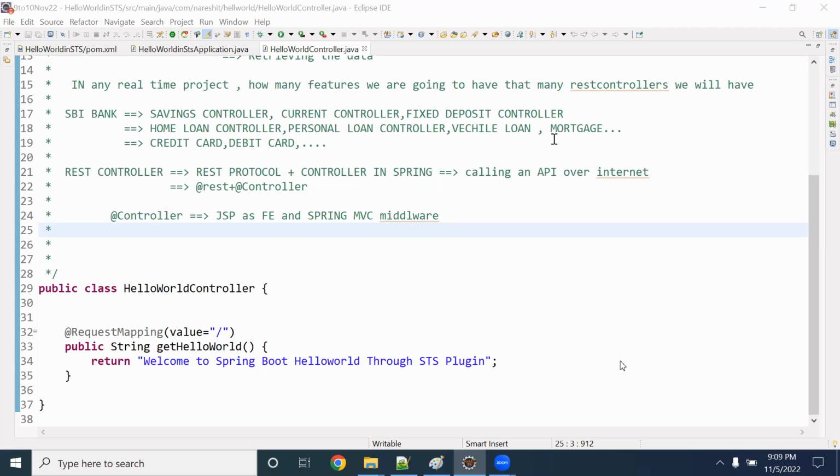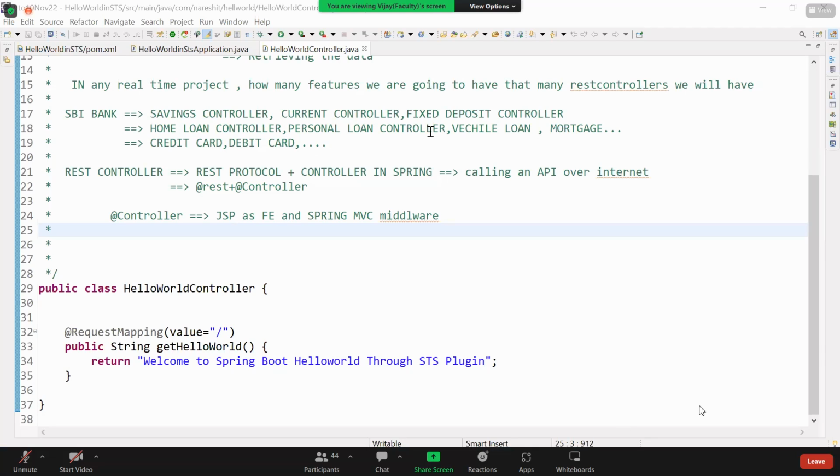Sir, I'm changing the port number, but I'm getting an error, sir. What error are you getting? Port is already in use. Yes, sir, already in use. I have stopped the